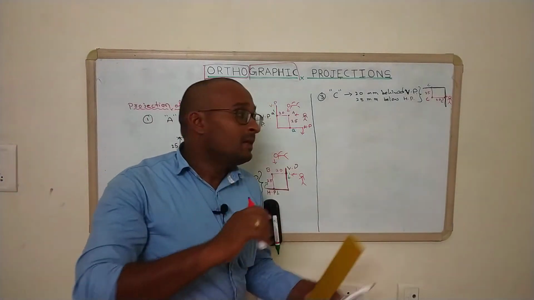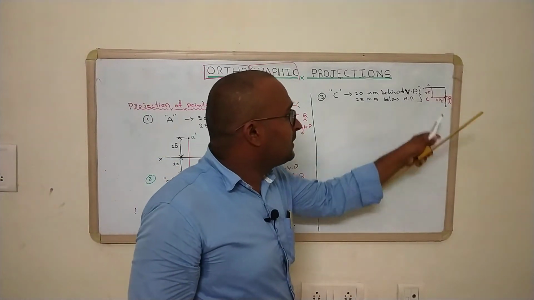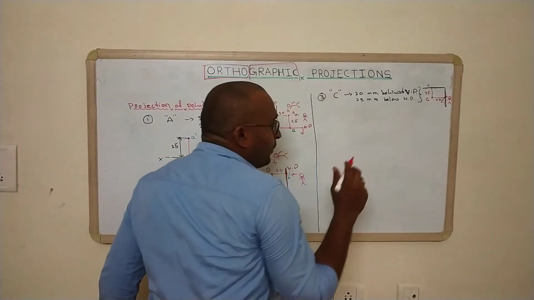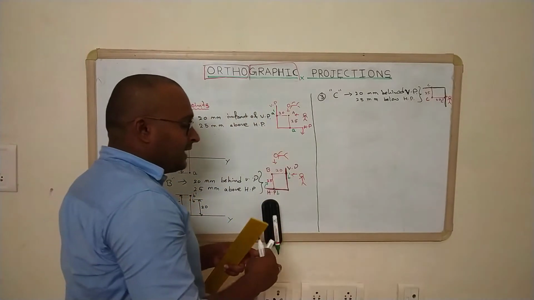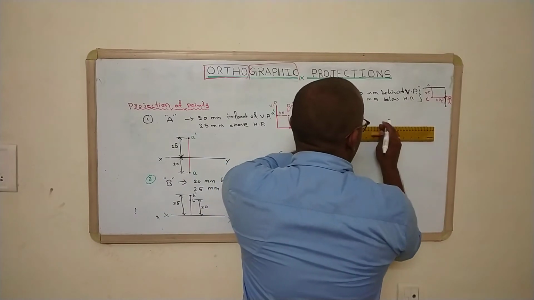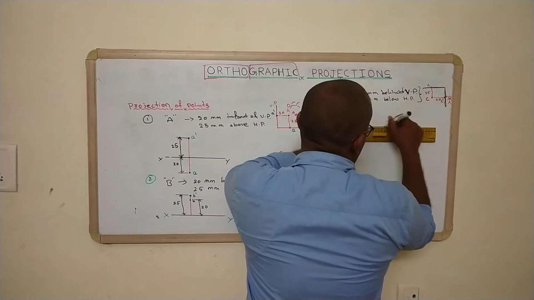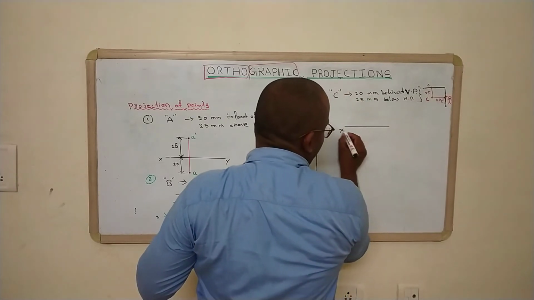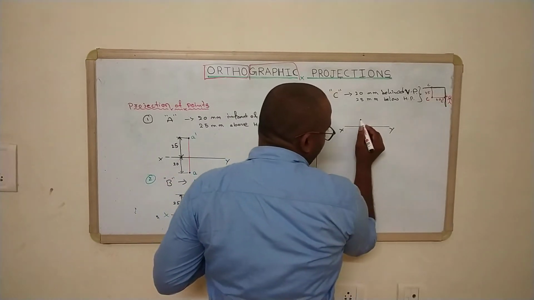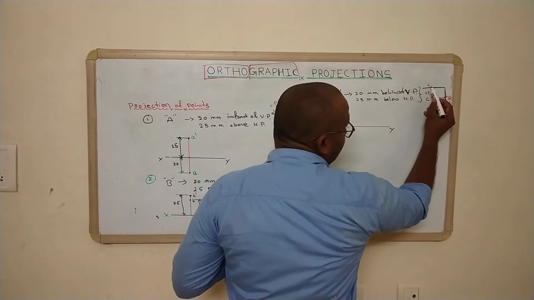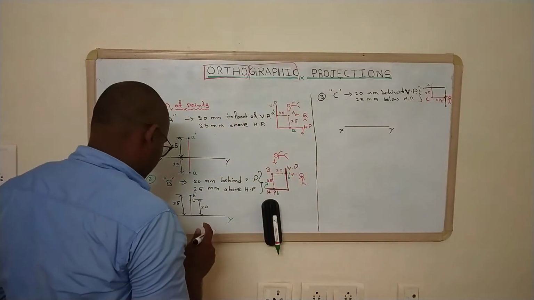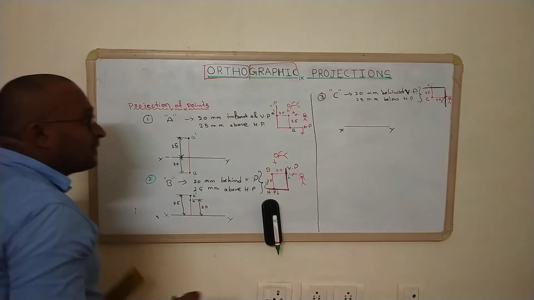Yeah, here it is in the third quadrant, right? So whenever we are going to elaborate that particular third angle projection, initially we must start with the XY line. Thereafter we need to start the third angle projection, so here both are above the XY line.